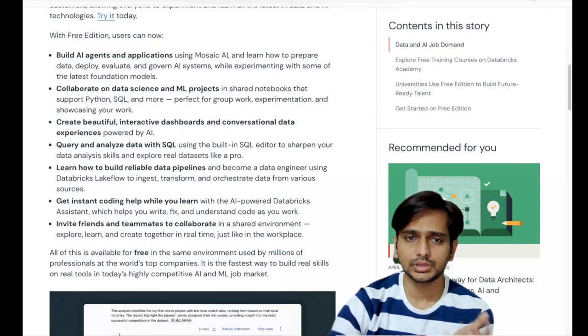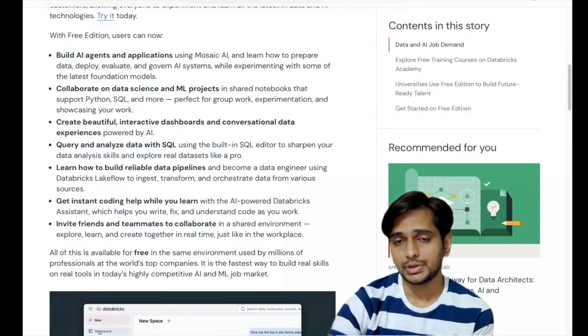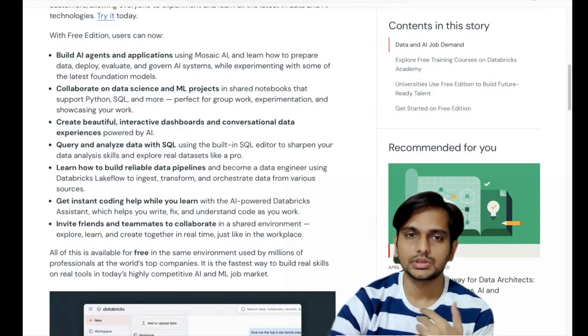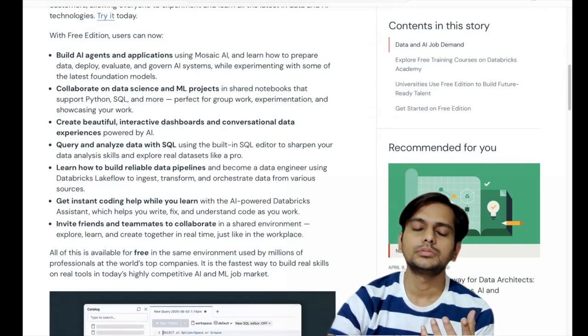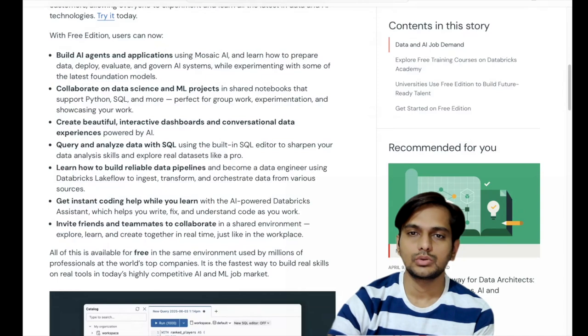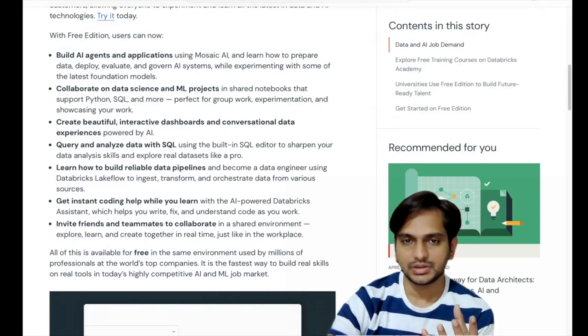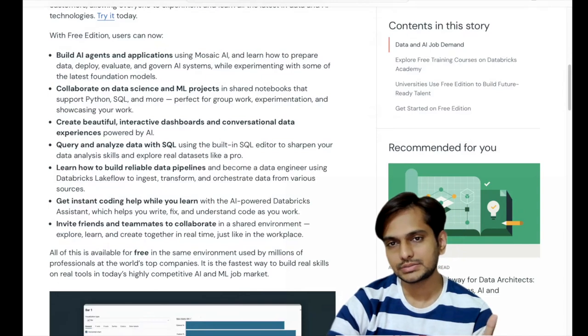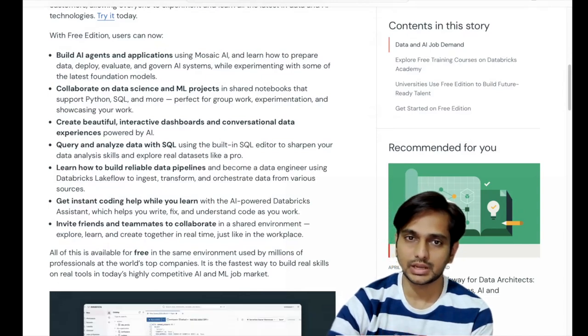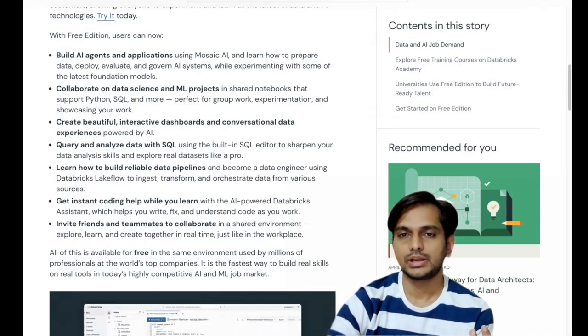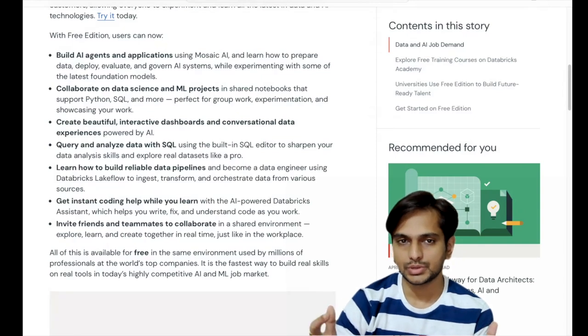So basically, if you're working with a friend on a Kaggle competition or building a portfolio project, now you can collaborate on, say, Python, SQL, Scala notebooks for absolutely free. So let's say you are analyzing climate change data. One team writes Python code for pre-processing, another writes SQL queries for aggregating the data, and both can visualize the